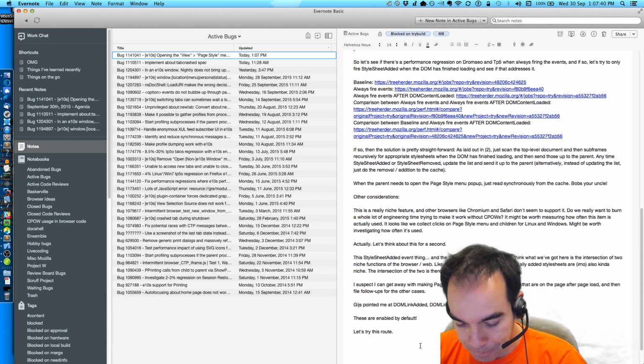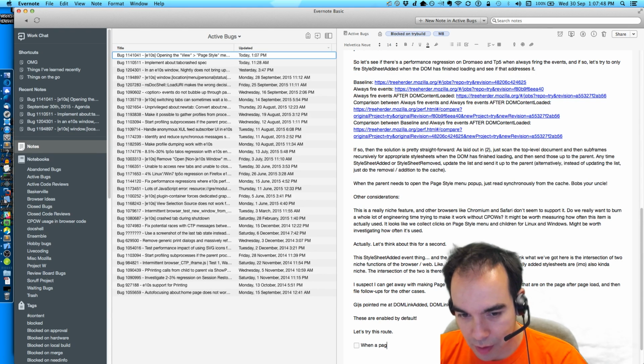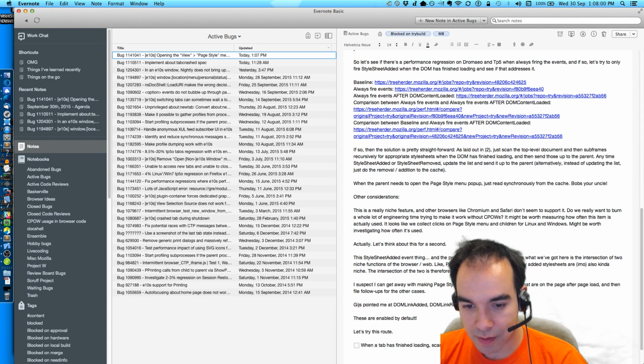Here we go! So the plan is, when a tab is finished loading, scan the root document, scan all documents for their style sheets, and send the list up to the parent for it to cache.